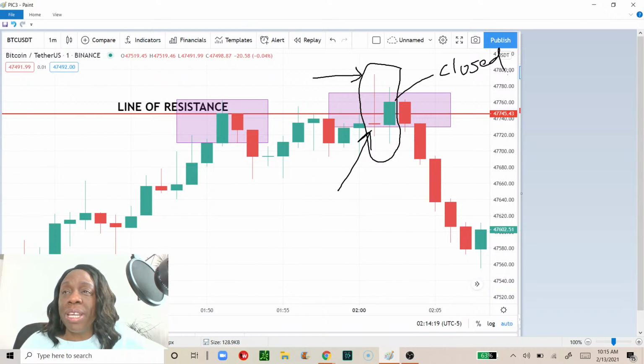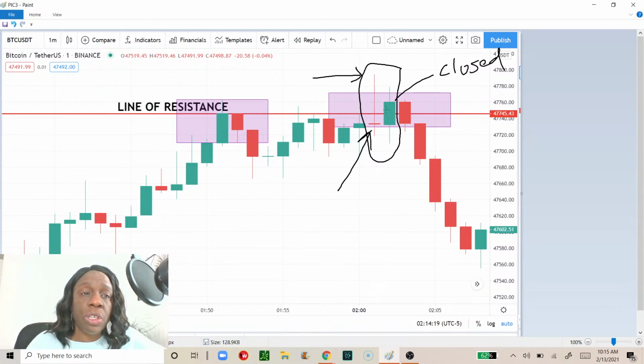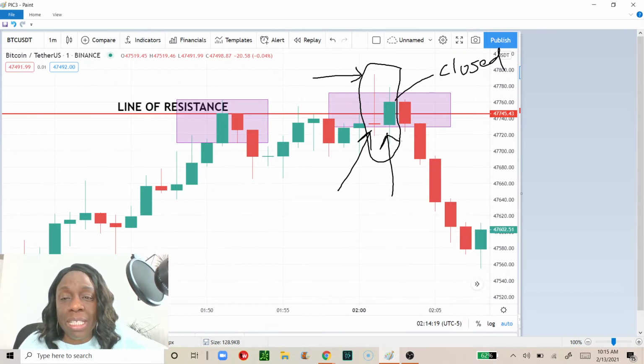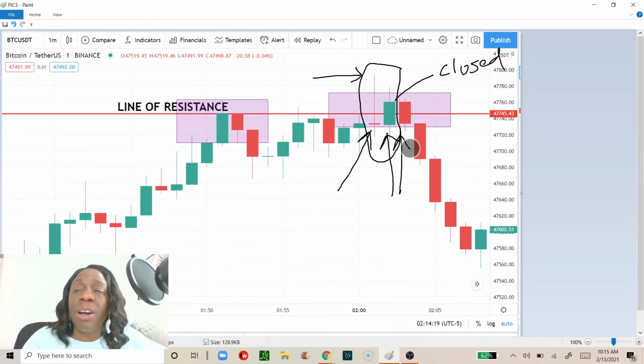So do we enter into the trade? What would you do? I know you can see the red candles, but let's assume we can't see those red candles. When this green candle closed above the line of resistance, it looks like it's time to enter a trade. But the one thing I have personally learned is to wait for 2 candlesticks to close. You want to wait for not just this green candlestick to close above the line of resistance, you actually want this second one as a confirmation that price action is going to continue upwards. Guys, if there's no confirmation, you don't enter the trade.